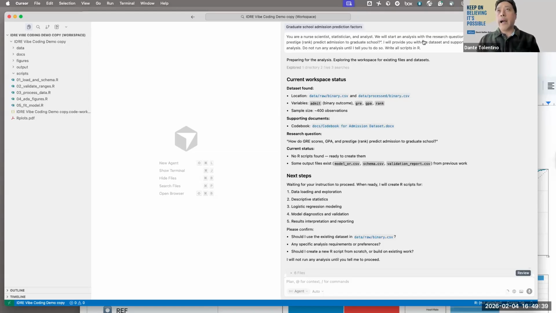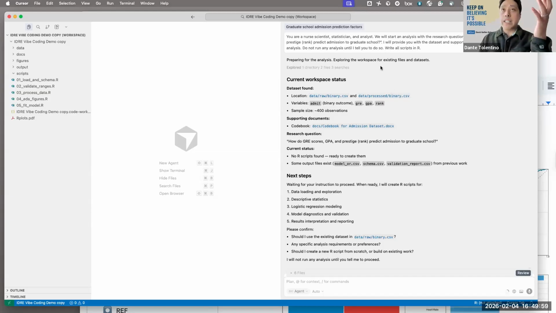We will start an analysis with the research question, how do GRE scores, GPA, and rank predict admission to grad school? I will provide you with a data set and supporting documents to execute this analysis. Do not run the analysis until I tell you to do so, and write all scripts in R.